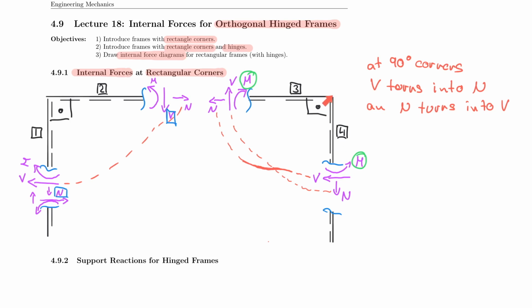So the value stays the same at the corner, but you will see that when we actually run a real problem. So for now, it's important that we understand that the shear force and the normal force actually interact with each other in a particular case of a 90-degree corner. This is very unique to a 90-degree angled system. And so that concludes our 4.9.1 internal forces at rectangular corners. So we are almost ready to solve a problem, but remember that we also want to talk about hinges